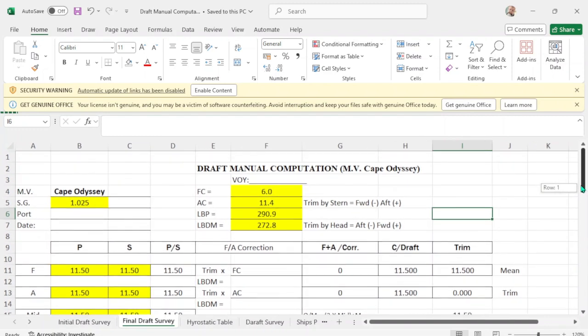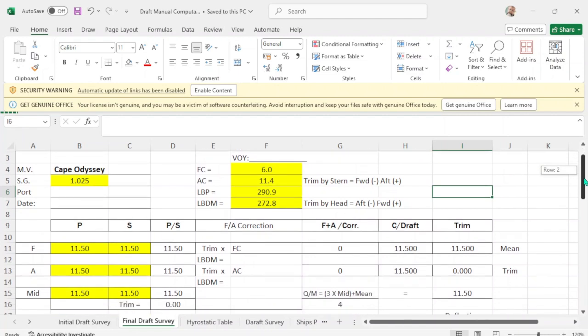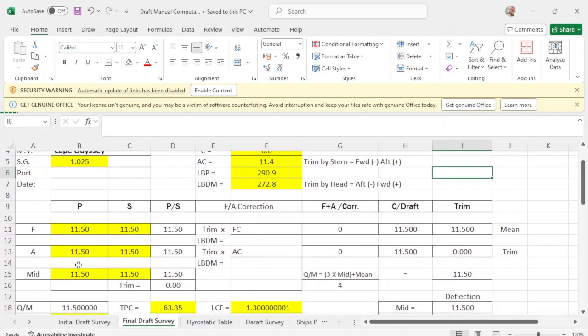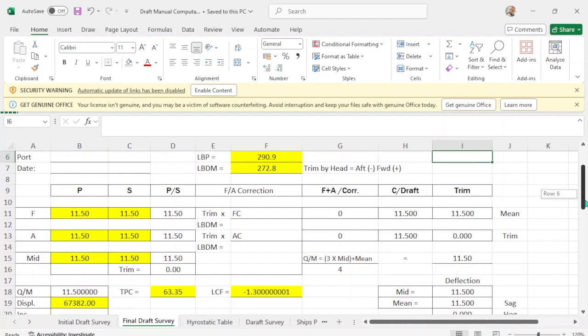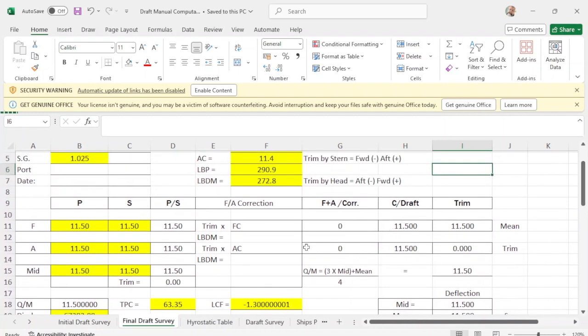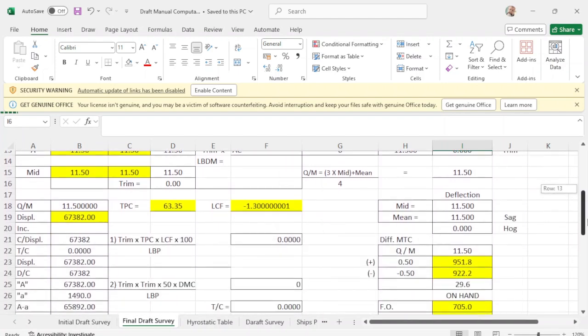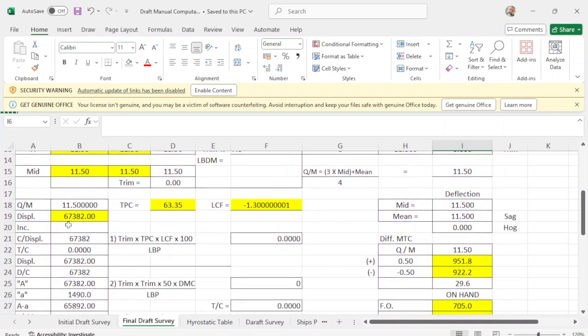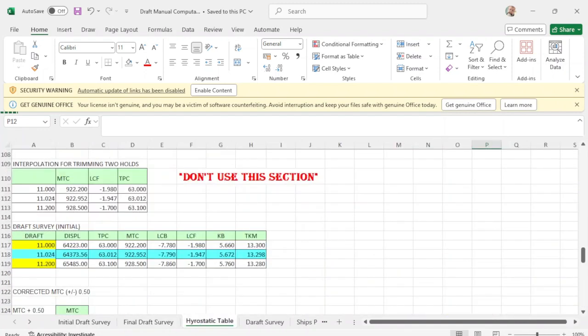Then we go to our final drop. The same, it is also manually. But look at the drop. It's even keel, 11.5, 11.5, forward and aft and mean. So there's no need to apply the correction. With this drop, you get the displacement of 11.5. You go to the hydrostatic table.